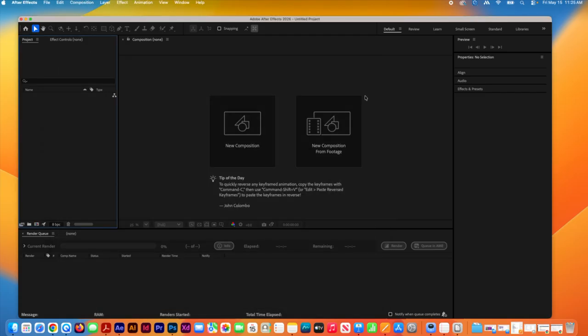Okay. So here is the After Effects interface. Here's where we're going to import things. Here's where we're going to actually do keyframing, and I'll show you that here in a minute. And here's where we're going to look at what we're doing. So what we do